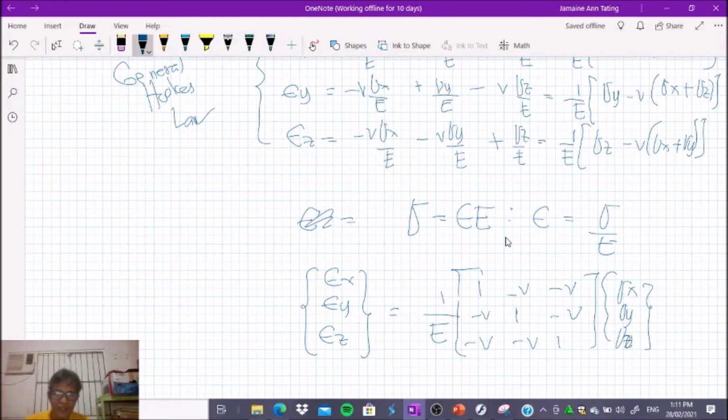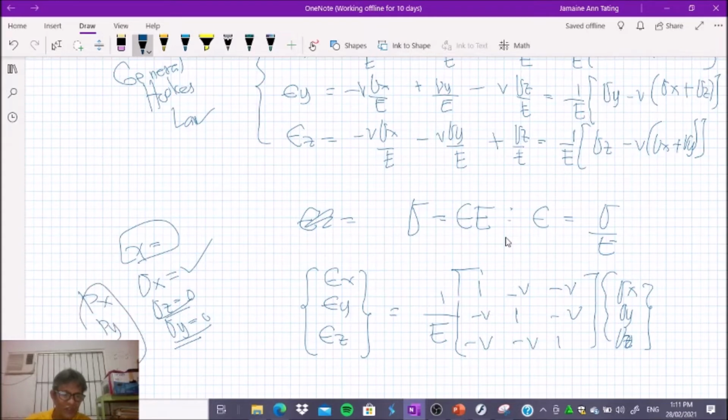Now, so for example, kukunin mo yung uniaxial case. Uniaxial case in the X direction, and the load is in the X direction, no? So, ibig sabihin yan, you have sigma X, but your sigma Z is equal to 0, as well as sigma Y is also equal to 0. Wala kang load dun sa, ibig sabihin yan, may PX ka, wala kang PY, wala kang PZ, kung load yung tinutukoy natin. So, equate mo lang ito sa 0,